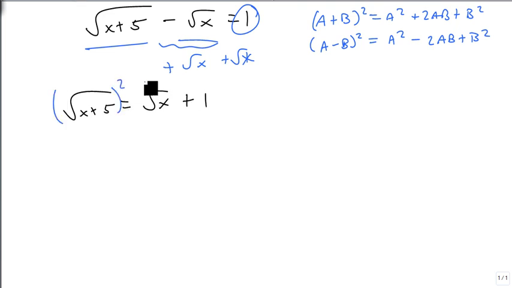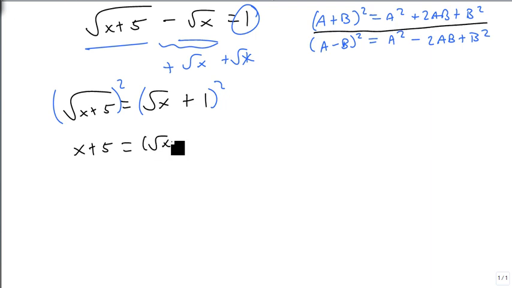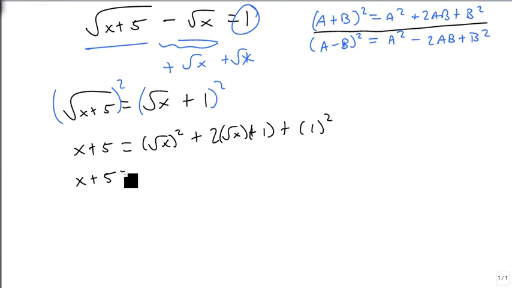And now when we square, the first one's easy. We end up with just x plus 5. But our second one's harder because it's a perfect square trinomial. So we're going to get the square root of x squared plus 2 times the square root of x times 1, plus 1 squared. And this is going to give us x plus 5 equals x plus 2 root x plus 1. And now notice we went from two radicals to one radical. So we want to get that radical by itself, so subtract x and subtract 1 from both sides,